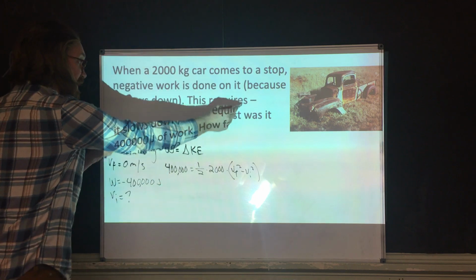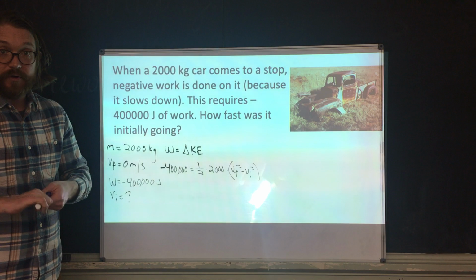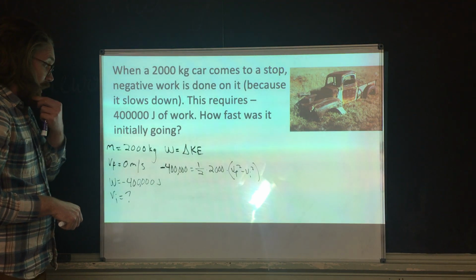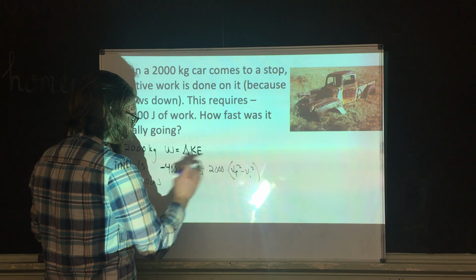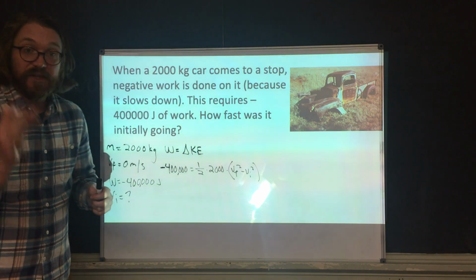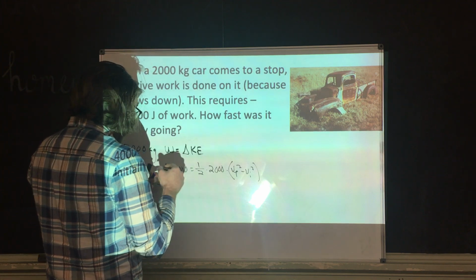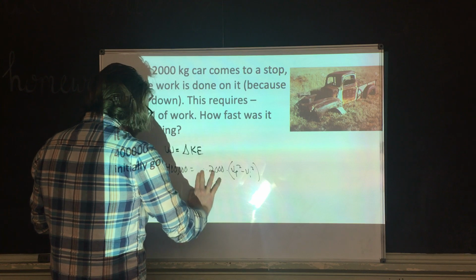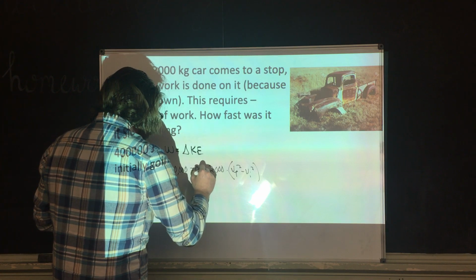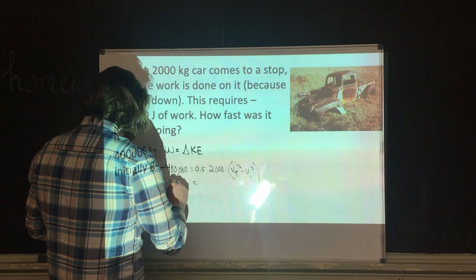One thing I'm missing. This is negative. I forgot this is negative work. Very, very, very important. Okay, so what to do now? First step, I'm going to multiply 1/2 by 2,000. Hopefully you know that half of 2,000 is actually 1,000. So 1,000, and I put that there, but you know me, put that at 0.5. Okay, so this now equals negative 400,000